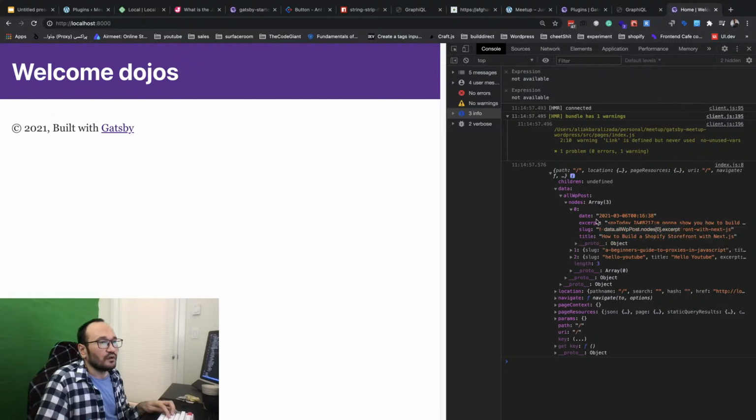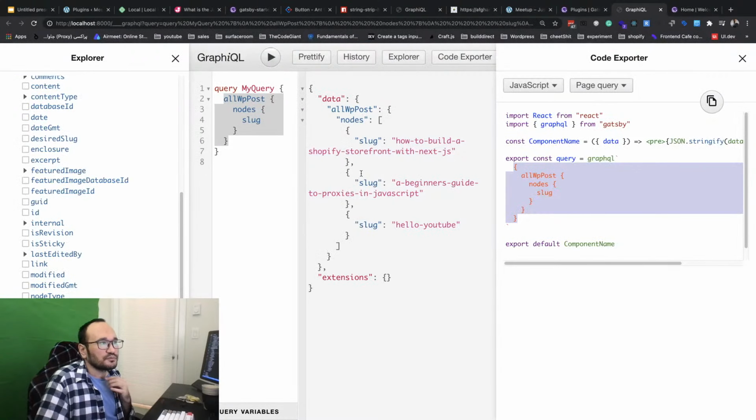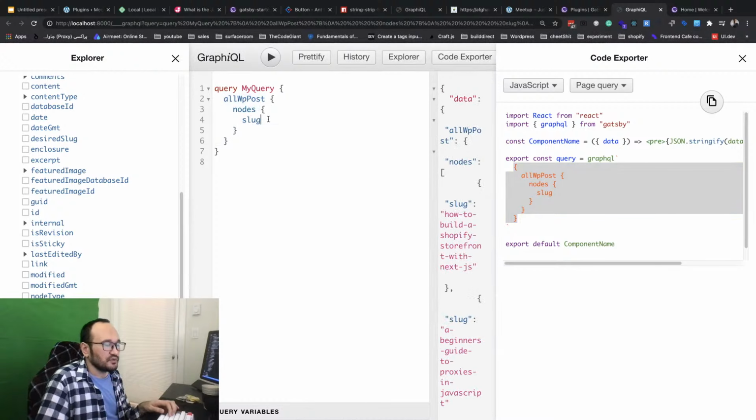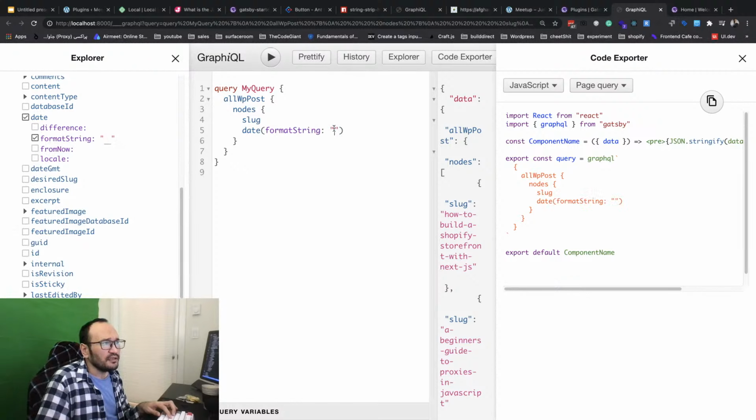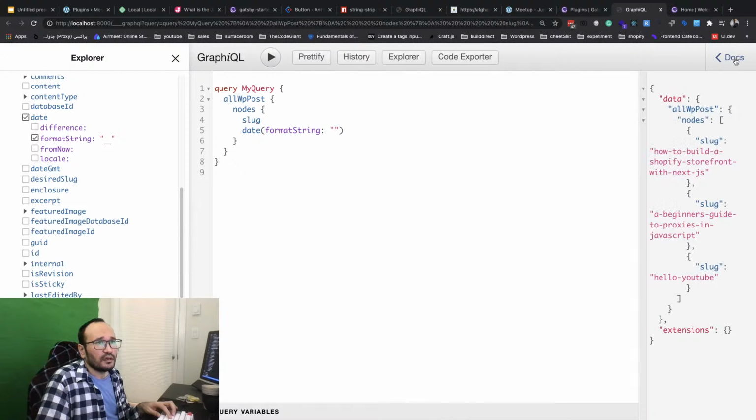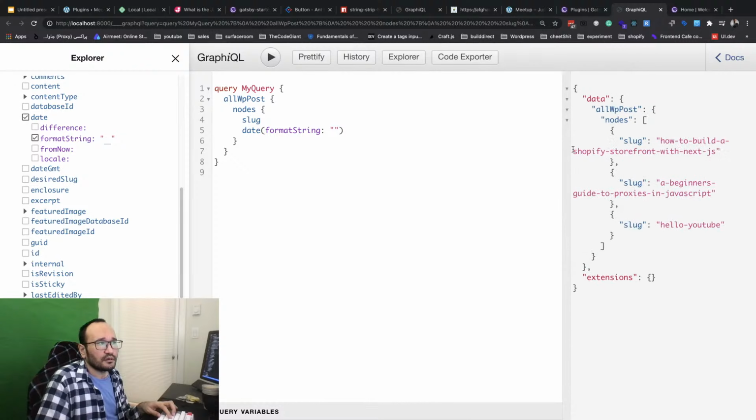Nice, right? For date, there are good things in GraphQL, so you can play with them. You say I have a date and I want to format a string, and then you want to get this specific format for your date.